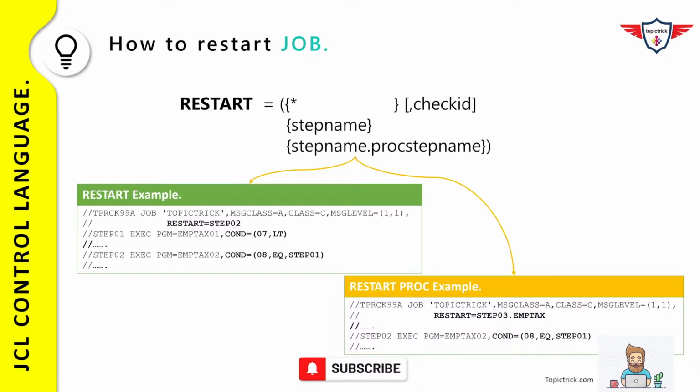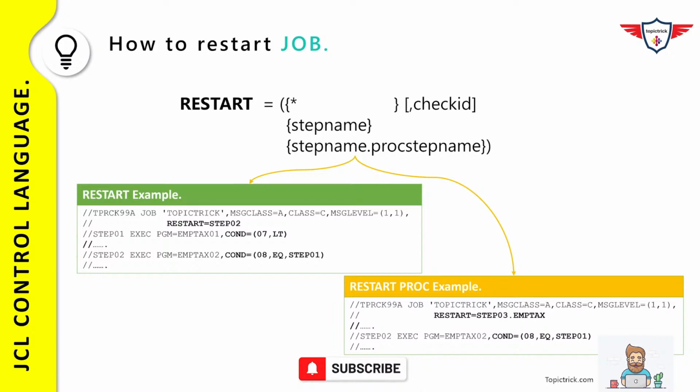So in the first example, I've used the restart parameter, that is the restart keyword followed by an equal sign, and after that I've specified the step name. So that is step 02. So actually I just want to restart my job from step 2. So you just need to specify that and resubmit your job and the job will be